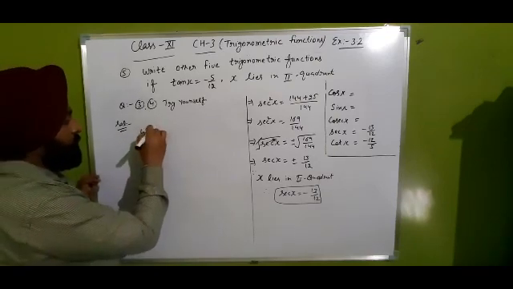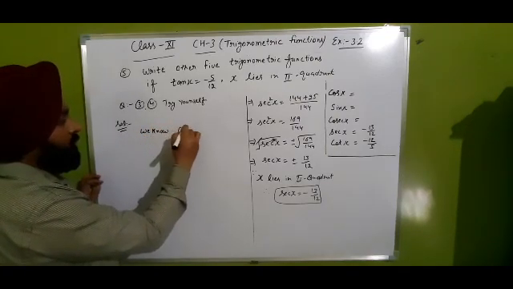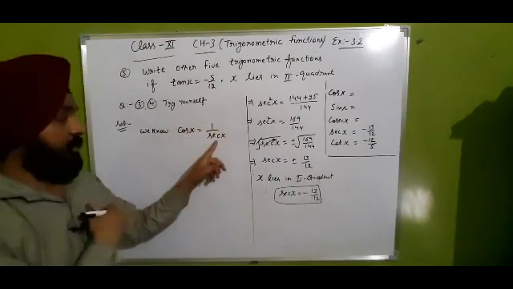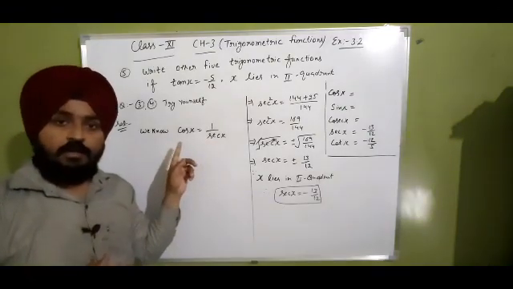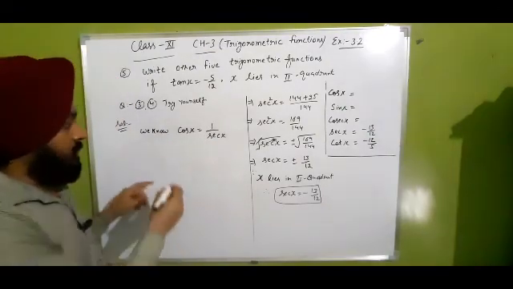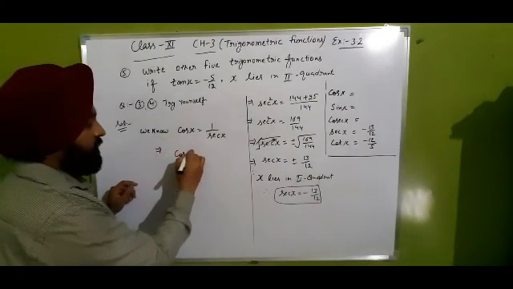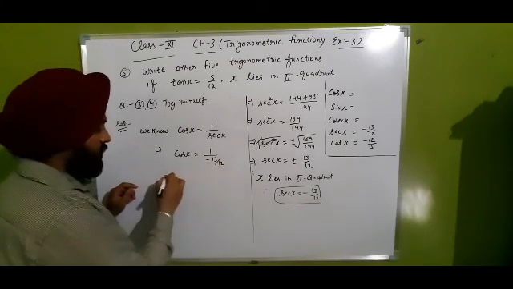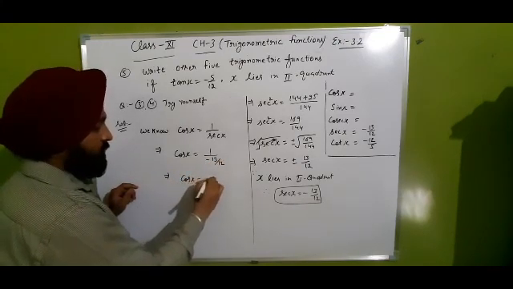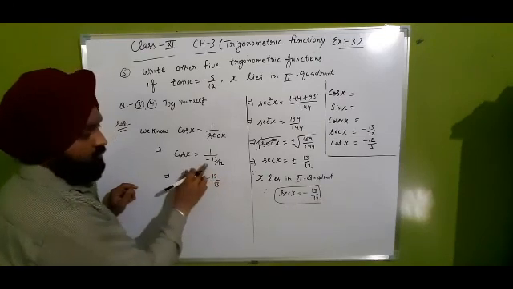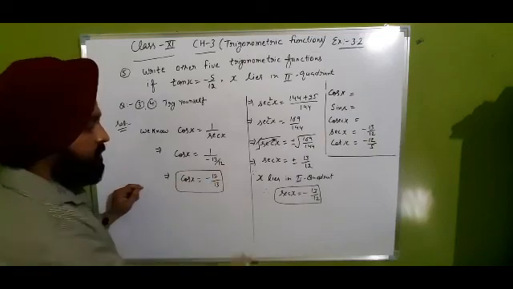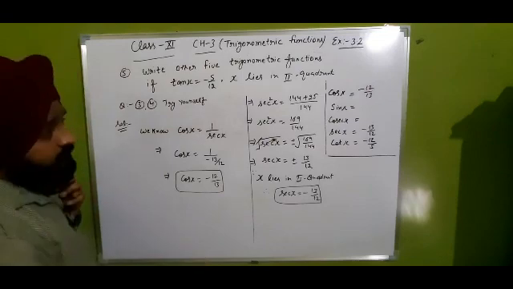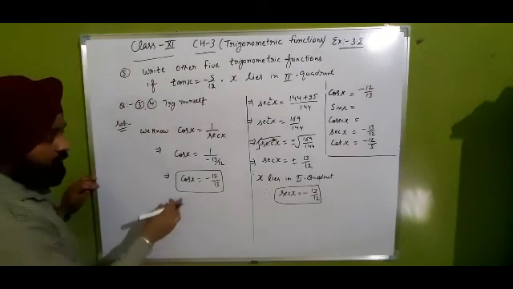we know that cos x is the reciprocal of secant x. As you know, secant is the reciprocal of cos. Similarly, cos is also the reciprocal of secant. It implies cos x is equal to, secant x value is minus 13 upon 12 there. So it implies cos x is equal to minus 12 upon 13, because you have to take the reciprocal there. So cos x is minus 12 upon 13. Now we have to find the value of sine.